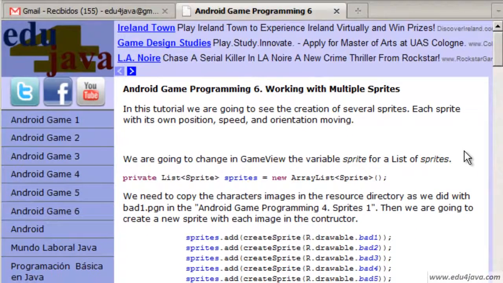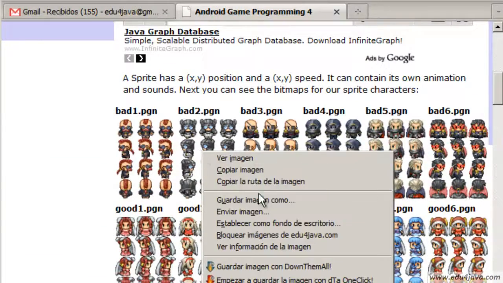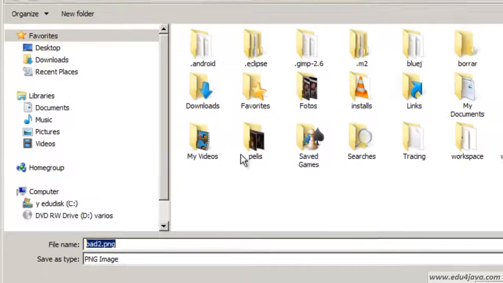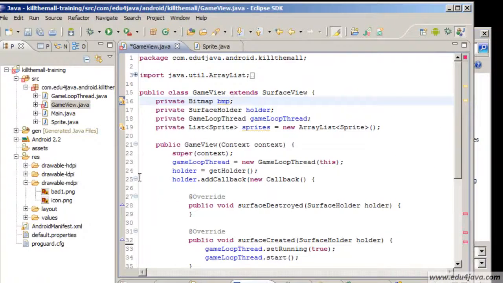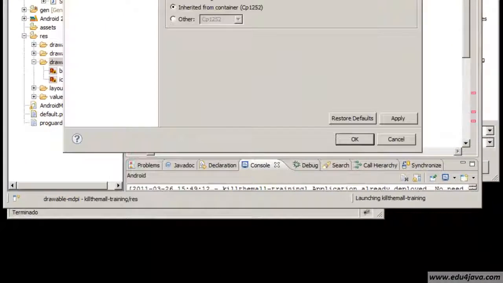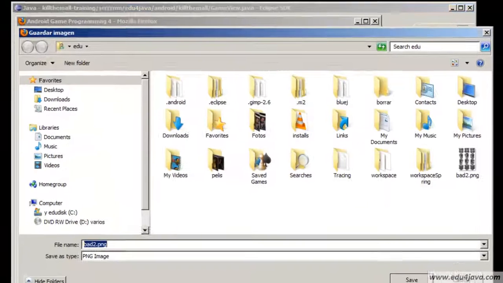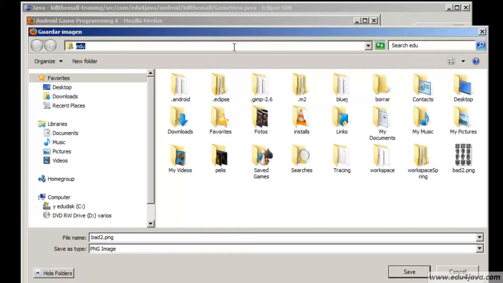The next thing we have to do is, do you remember what we did in tutorial number 4, that we copied the character but 1? Now we have to copy the rest. Here we're going to download bat2, save image as, we need to know where to save them. We are going to have to save them here. If we open properties here, we can copy the folder where the sprites are, or where we want to put them. Here it is,